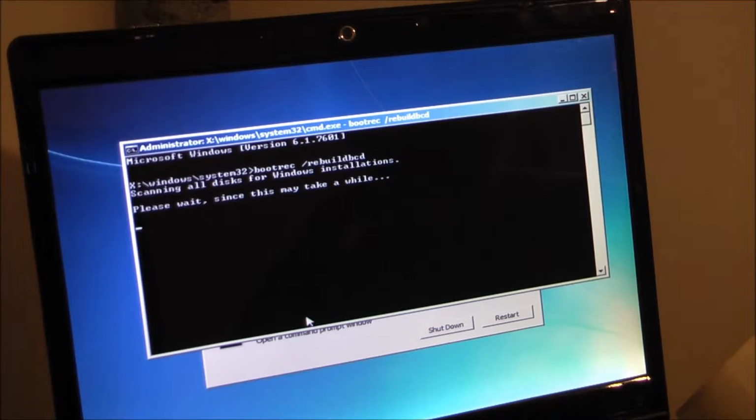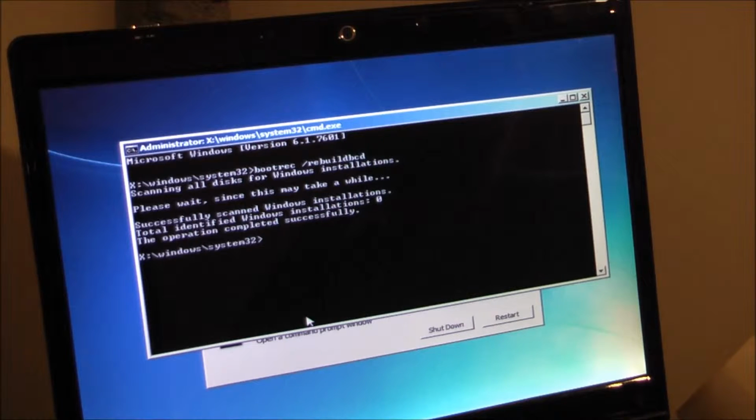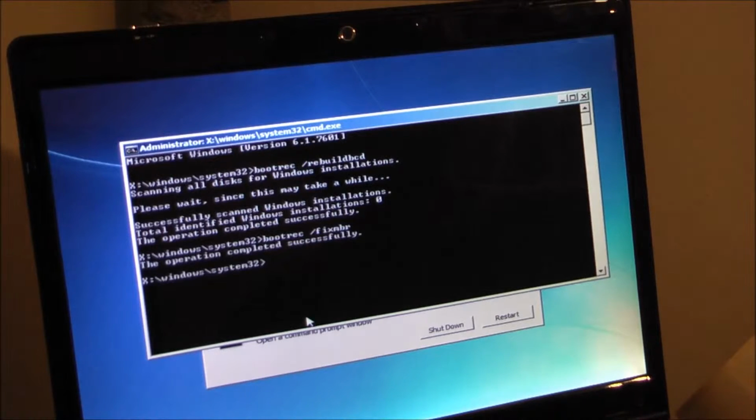Please wait a while. Successfully scanned Windows installations and completed successfully. Now bootrec /fixmbr is the next thing. There's a space in between each thing, so bootrec space /fixmbr. The operation completed successfully. And now probably the most important one is bootrec